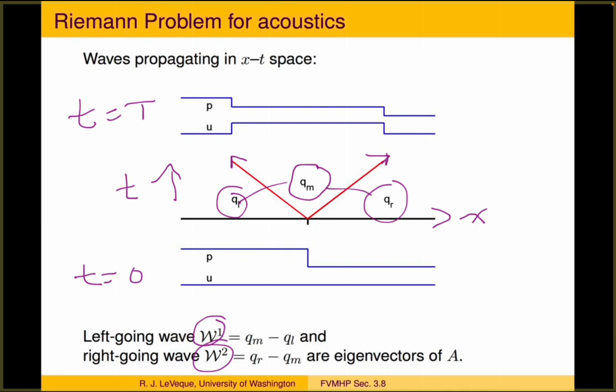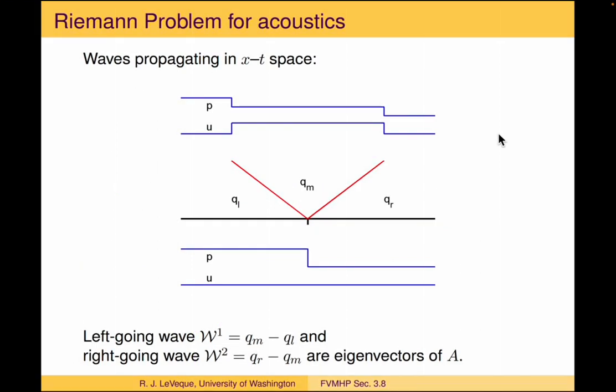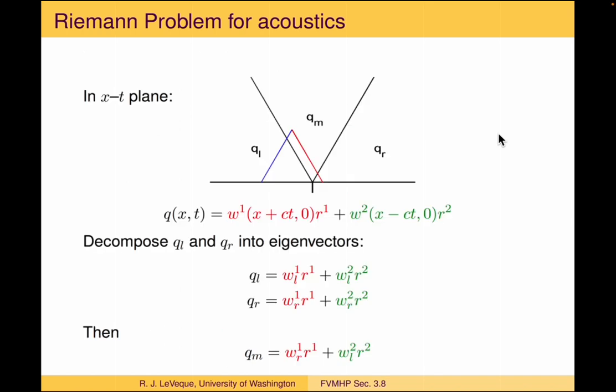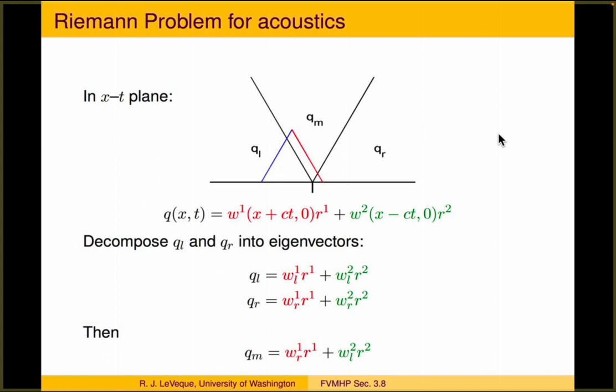And it turns out for the Riemann problem, these two jumps are simply eigenvectors of the matrix A, and that allows us for any set of initial data to calculate exactly what these two waves are and solve the Riemann problem for the linear acoustics problem. And the reason is that if we look in the xt plane, at any arbitrary point in the xt plane, remember for general initial data for acoustics, if we were interested in some particular point here, this again is the t-axis going up here, then we know that we can get the solution